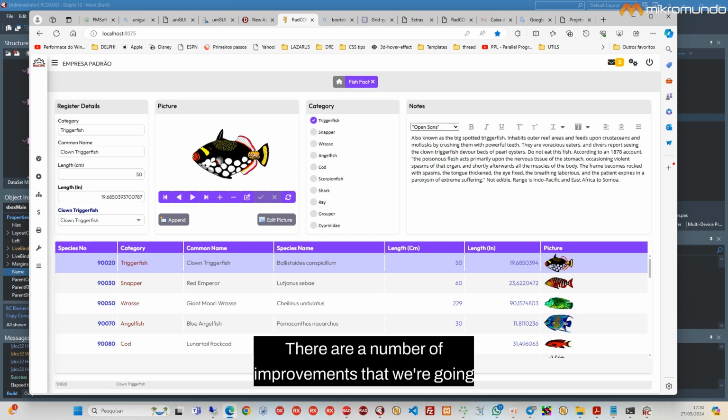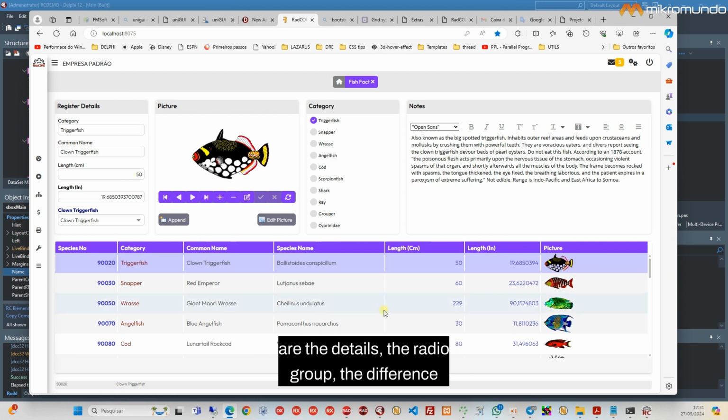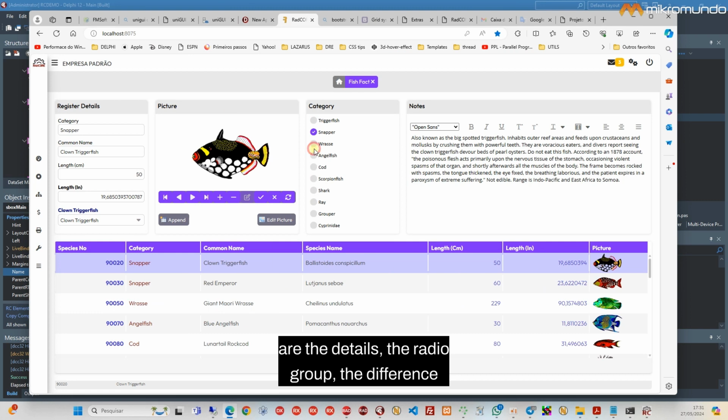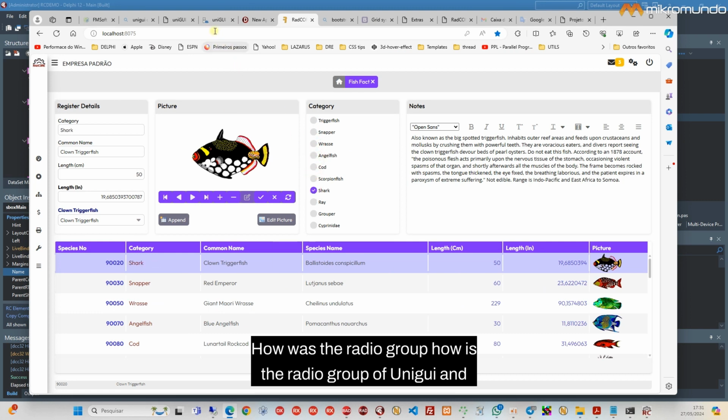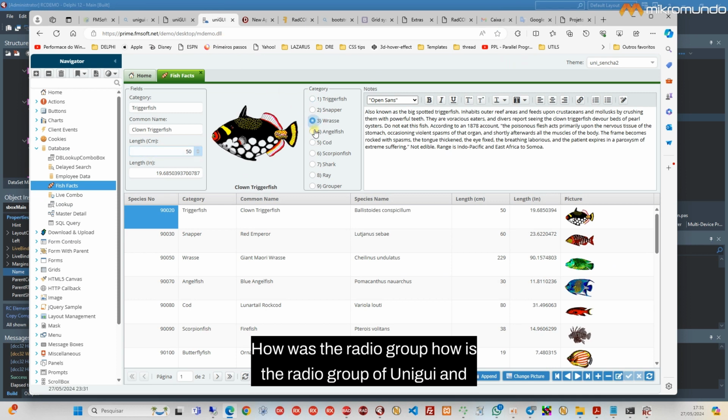There are a number of improvements that we're going to talk about later. I'm just still in the stage of talking about layout, right? Just layout for you. Okay, so these are the details. The radio group, the difference from ours, our RadCORE radio group, so. How is the radio group of UniGUI, and remembering those details that we will not have such a loss of spacing because of a change of theme. It's always good to keep this in mind. It's this detail, okay, and the